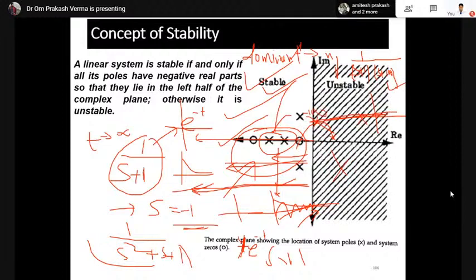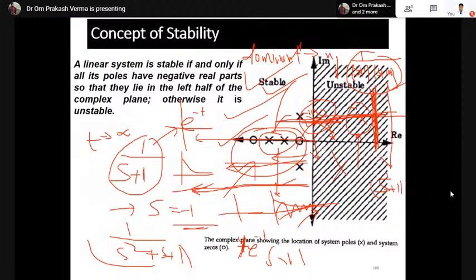So which one is more dominant? The pole at minus 100 is not affecting the stability because it is very far away from the origin, so it will not affect the stability highly. What are the effective poles? The effective pole is 1 upon s plus 1 only. So this second order system may be approximated to 1 upon s plus 1. This is the concept of the dominant pole.